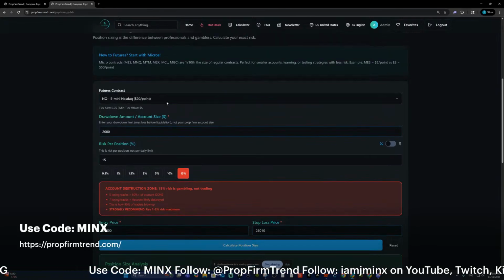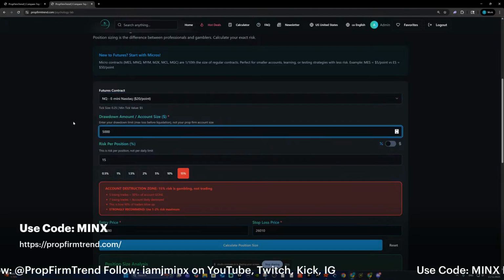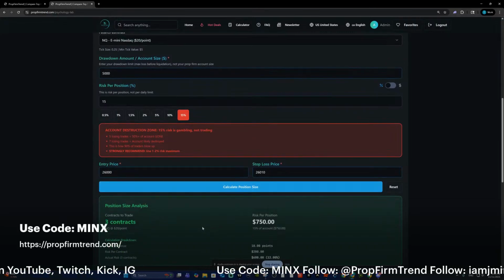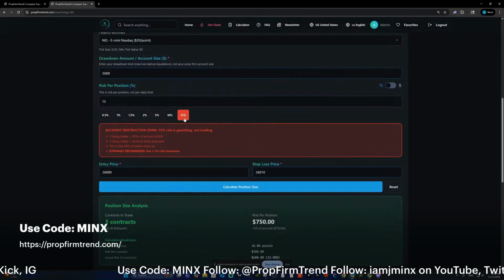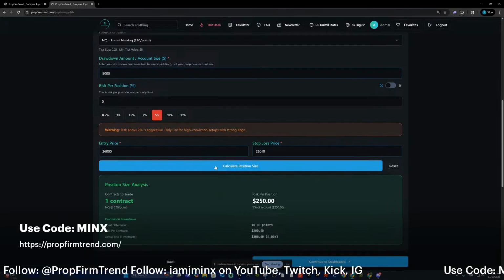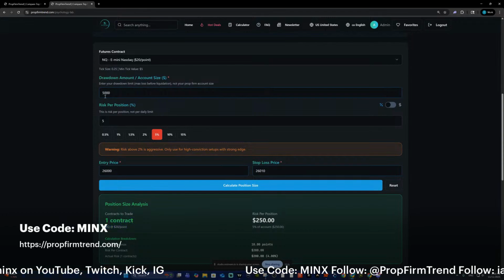And this is where you need to figure out, maybe you have a $5,000 drawdown. Now if you're wanting to risk 15%, let's say you want to do 5%, it's going to just tell you to do 1 contract of NQ. So